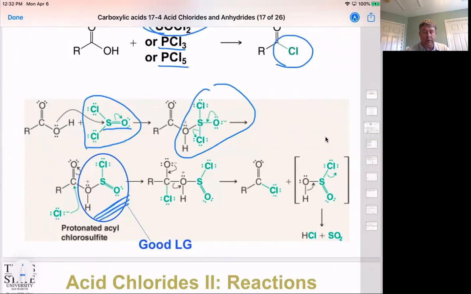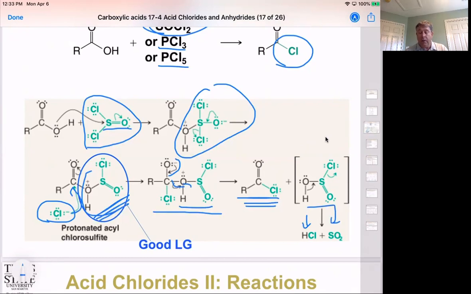Once we have our chlorosulfite compound, this actually becomes a really good leaving group. After we create our chlorosulfite, we end up creating chloride ion, which then acts as a nucleophile to displace it. Notice chloride is a poor base, but the protonated chlorosulfite compound is a neutral species and is a very, very good leaving group. In this case, the intermediate is where we have the actual addition of the chloride onto the carbonyl carbon, followed by the pulling in of the electrons from the oxygen and kicking out the neutral species,